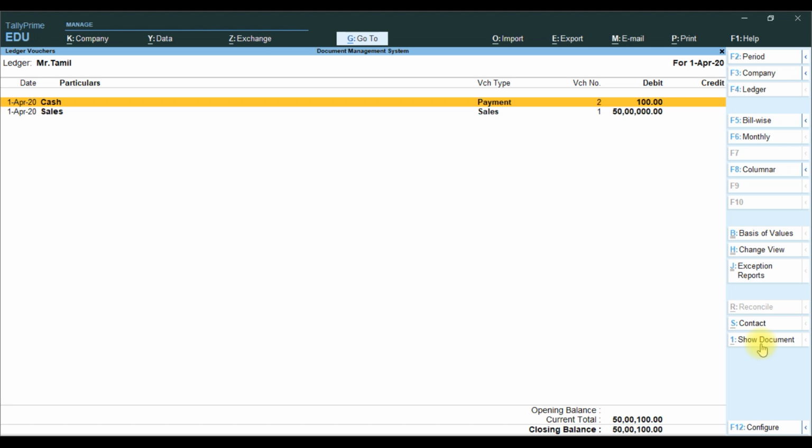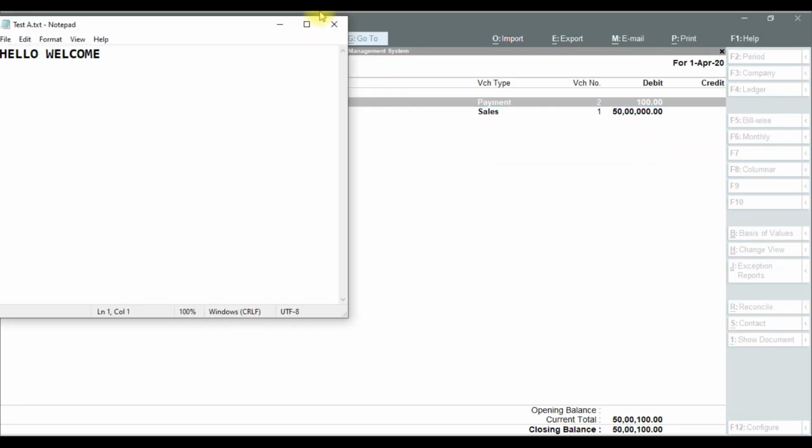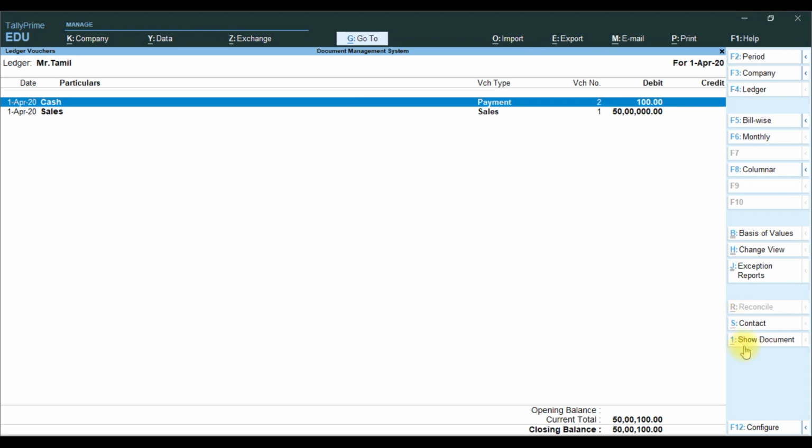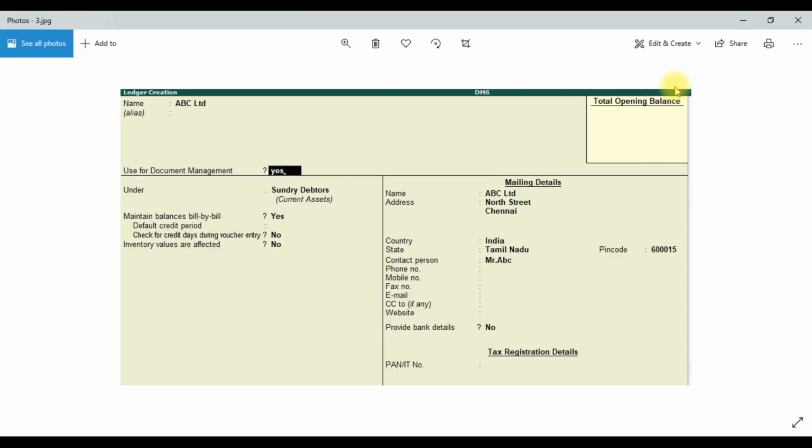You press space bar, the line is selected, then you go to Alt 1 or show document, then it will be displayed. Then you click the particular one, it will open, PDF, JPG image, our scan document image.